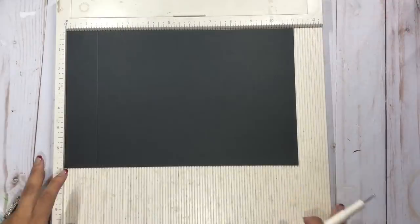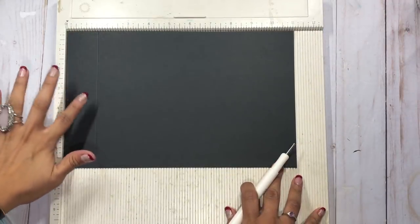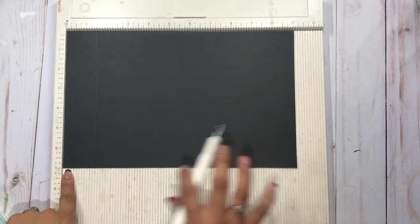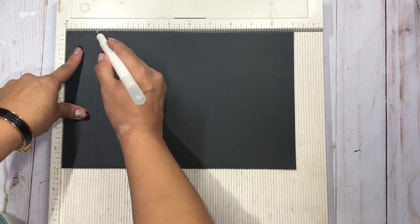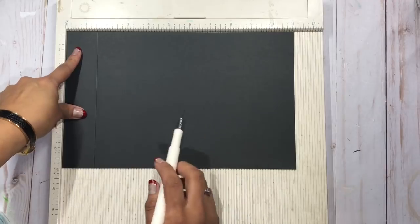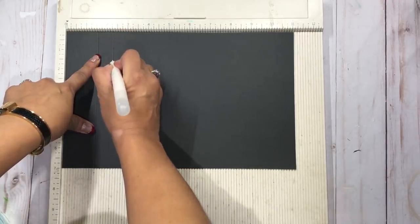Now let's work on the hinge system. I'm going to use a piece of regular 65-pound cardstock. I'm going to trim it at 7 inches, so this is going to measure 7 by 11. And I'm going to score at 1.5 first. And then I'm going to score every 3/4 inch. So I'm going to score at 2 1/4,